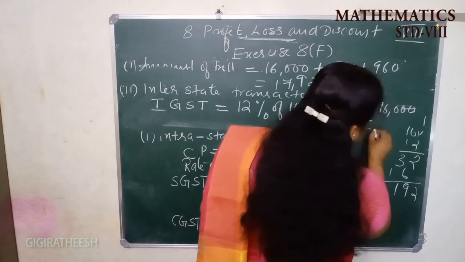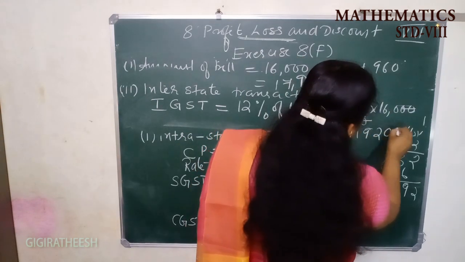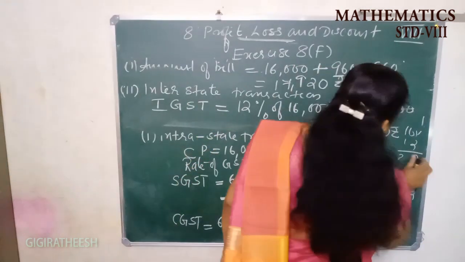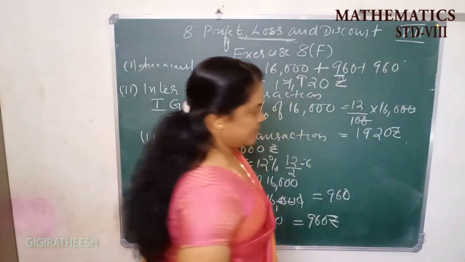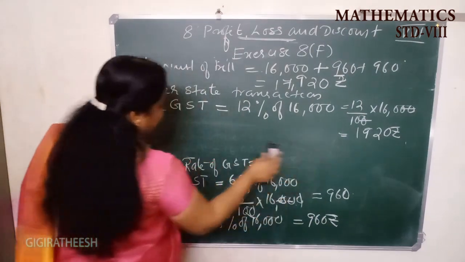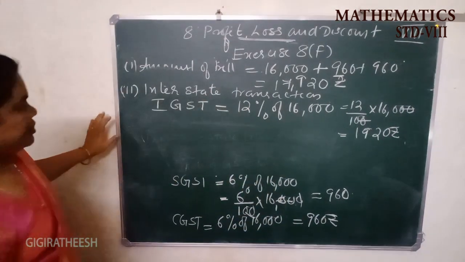That is equal to 1,920 rupees. 1,920 rupees is the IGST. And what is the amount of bill here? The amount of bill is equal to